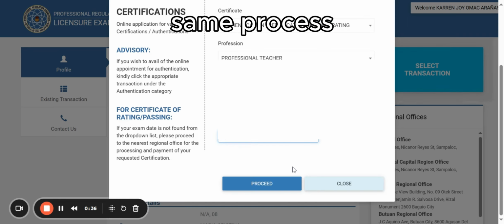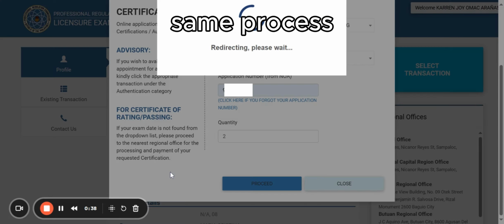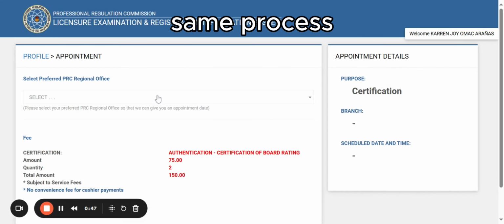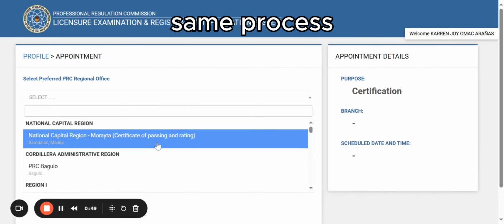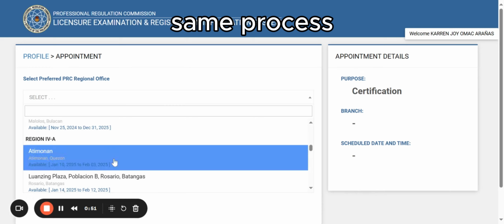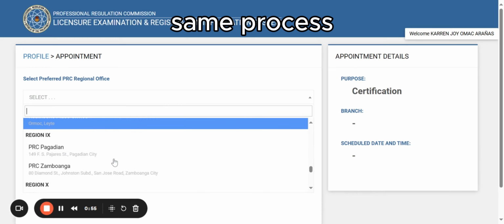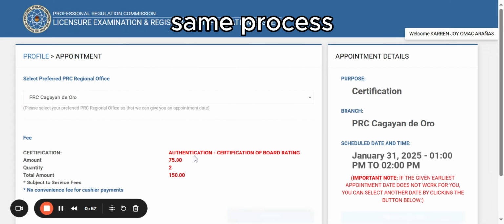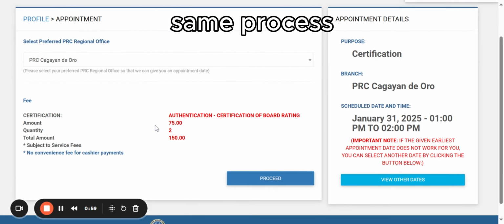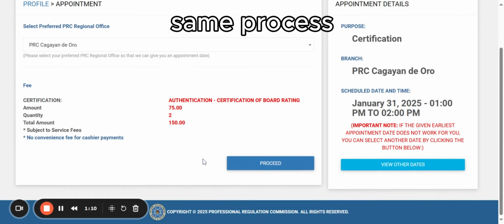And for this one, you may select your preferred regional office. And for this one, another 75 pesos since we get 2, for a total of 150 pesos.